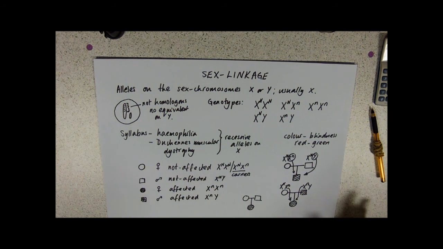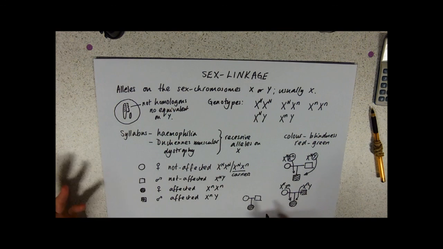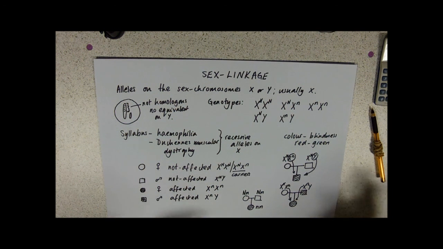So you do need to watch out for that, because occasionally they throw a little bit of a curveball and go, right, this is a condition, they give you a family tree, you're immediately thinking, oh yeah, I know this is sex-linked. If you've got affected females with unaffected father, then it really isn't, and it's just a normal recessive. How could you explain this? Mum must be heterozygous, dad must be heterozygous to give the homozygous recessive offspring,